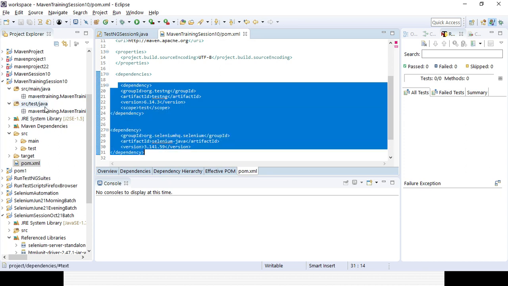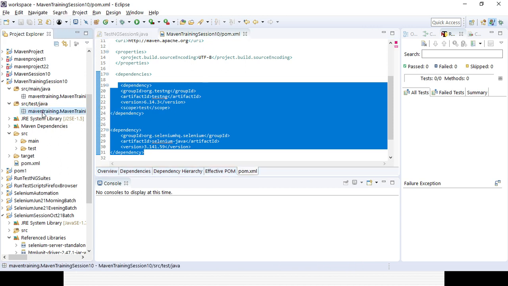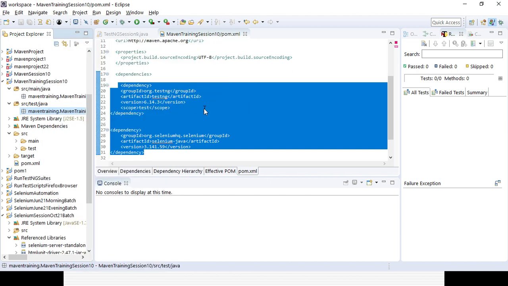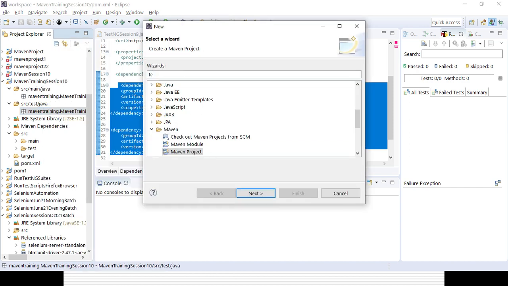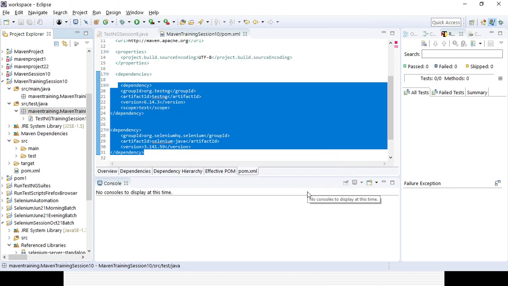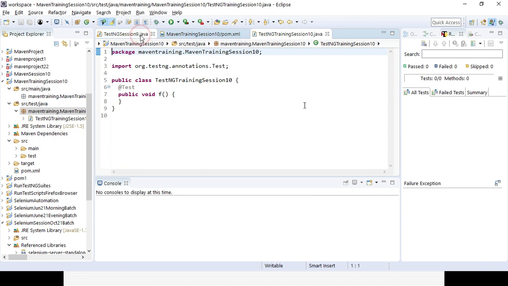Now in the package I can create a TestNG class. I will name it TestNG session 10. I can add a few more test cases here, so let's take some test case reference from here only.